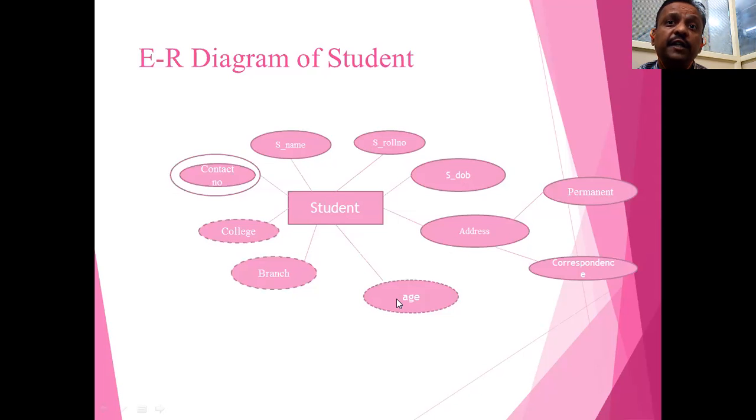Student age is a derived attribute which is calculated from date of birth. You can calculate that age from date of birth. So that's why it is dotted. Branch, college, these are also derived.